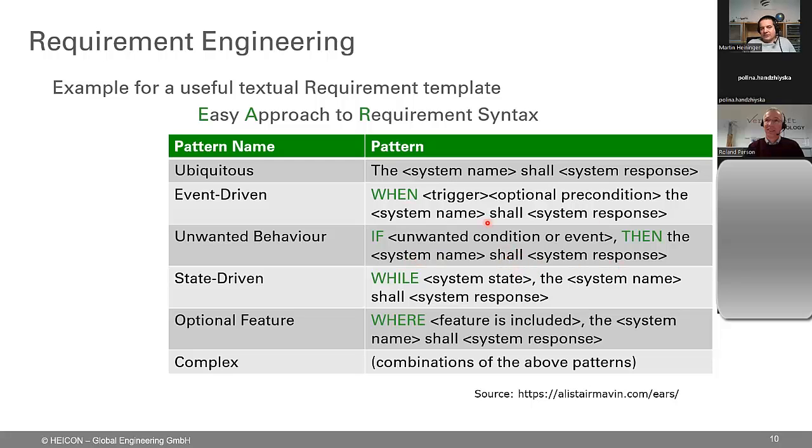Yeah, and this pattern is even for other keywords: event-driven, a when, state-driven, a while. So you can use these 3 different keywords to write requirements in a structured way, quite systematically, just perfect, more or less. Yeah, for testing, perfect. The only thing from Alistair Maven you should not do is write optional features